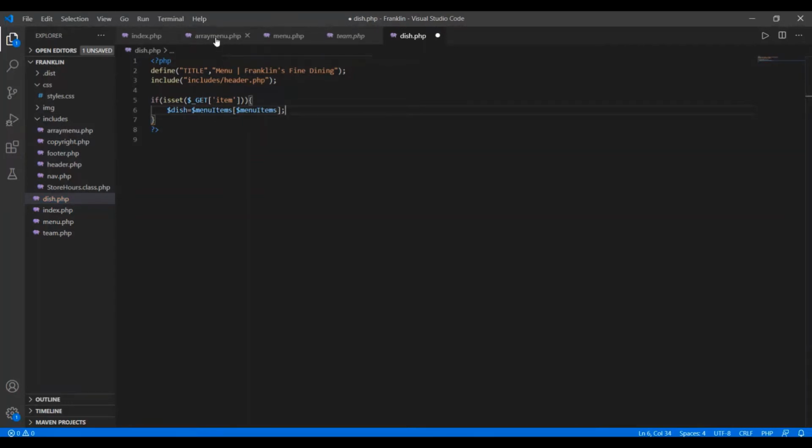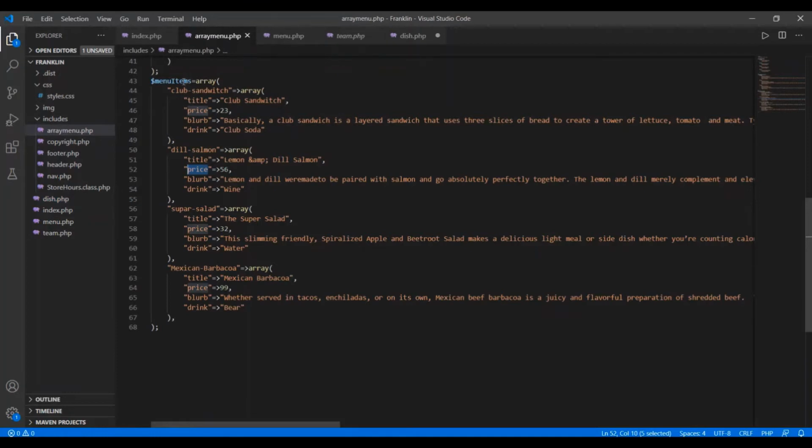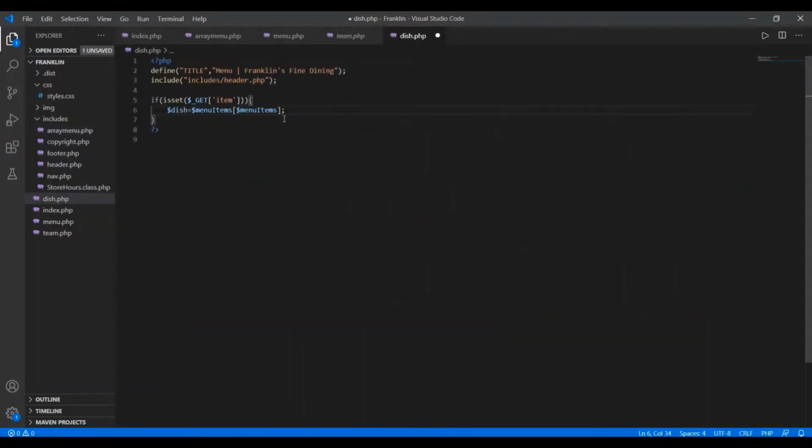We have named this variable menu items, and along with that we just wanted to get the information about another array within that array. So that's why we have written this here.